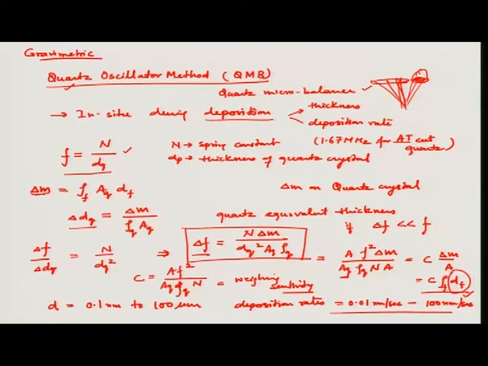Okay. And it is a very sensitive technique, such that you can measure thicknesses down to 1 angstrom, which is 0.1 nanometer, all the way up to 100 micron. Also the deposition rates, which are 0.01 nanometer per second or 0.1 angstrom per second, can be measured. Okay. So, suppose if you want to achieve a certain thickness and you want to stop your deposition after that thickness, you can measure the thickness during deposition and stop the process, or you can calculate the deposition rate and then predetermine how much time you want to give your deposition. Okay. And this is an in situ technique.